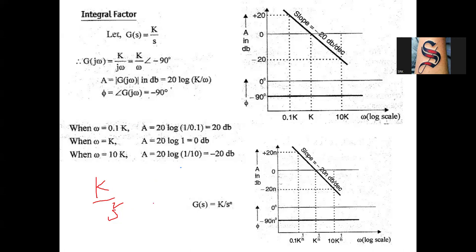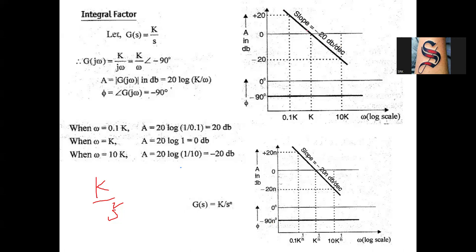If it is k by s cube, minus 20 into 3. K by s power 4, minus 20 into 4. K by s power n, minus 20 into n decibels per decade. Right? And the phase angle also, minus 90 into n. So we can just multiply by that value. And one more point, if you observe this integral factor, it has the magnitude slope from the initial point to